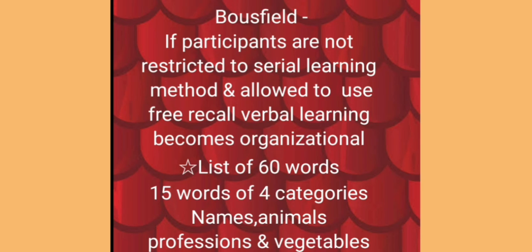This occurred because of the nature of the list. Participants organize words and items in their own individual ways and recall accordingly. This is called subjective organization. Verbal learning is usually intentional, but at times a participant learns some features of the words intentionally or incidentally, like words that rhyme together or having the same vowels.